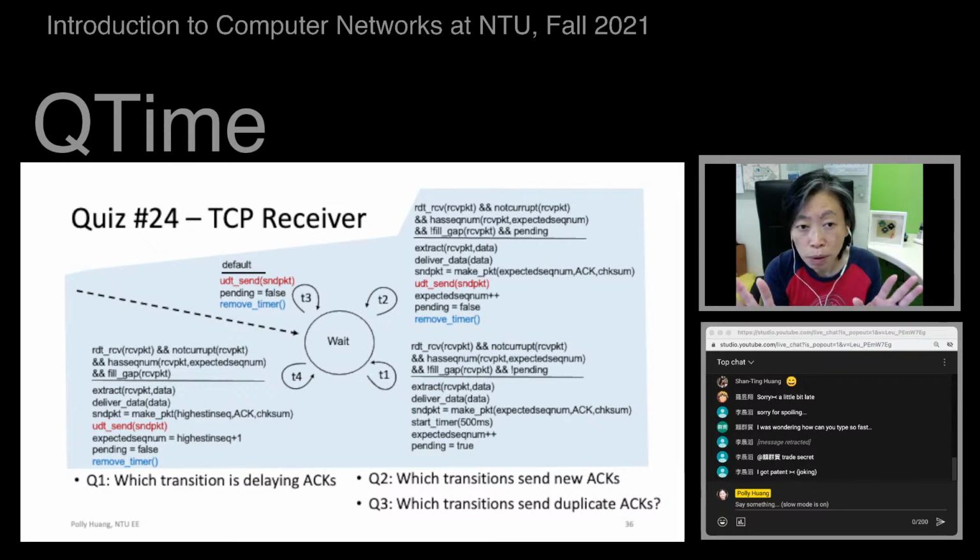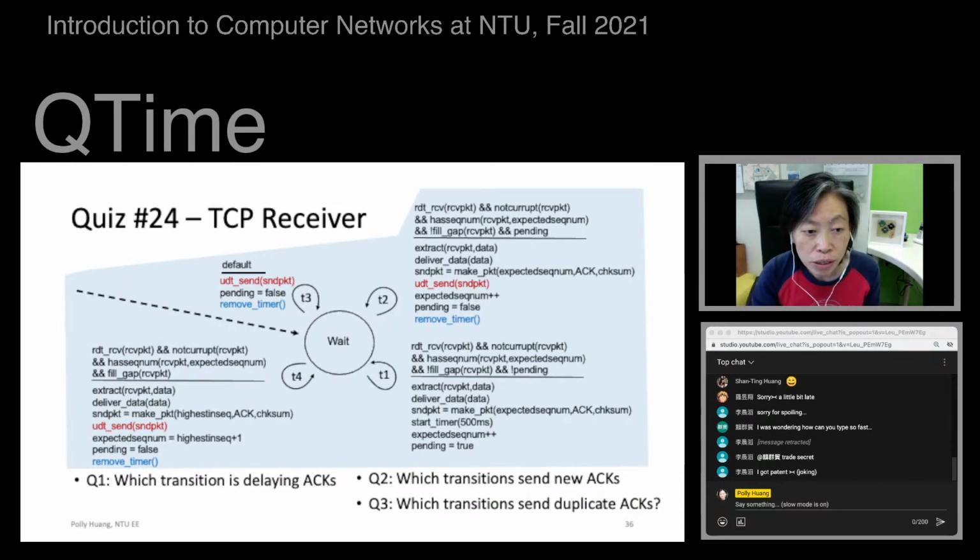But don't worry. Let's work quiz 24 out. Q1 is asking something that's a little bit simpler. Which of these 4 transitions is delaying ACKs? So this is easy. Q2 asks, which transition sends new ACKs? This one is easy for many of you, but some of you might also see that this is a trick question.